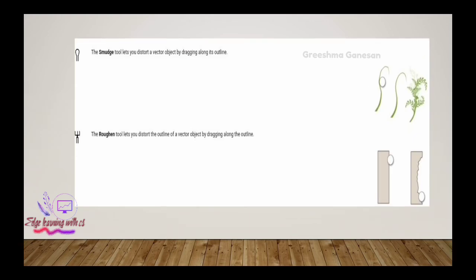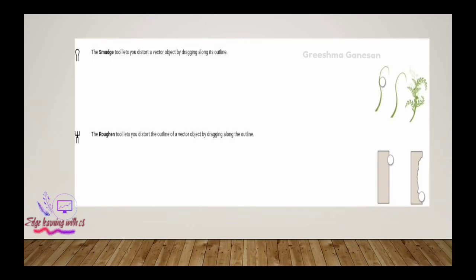Then the smudge tool lets you distort a vector object by dragging along its outline. You can see a simple line is drawn there. Then you use the smudge tool to make that stem into an entire tree. Then the roughen tool lets you distort the outline of a vector object by dragging along the outline.